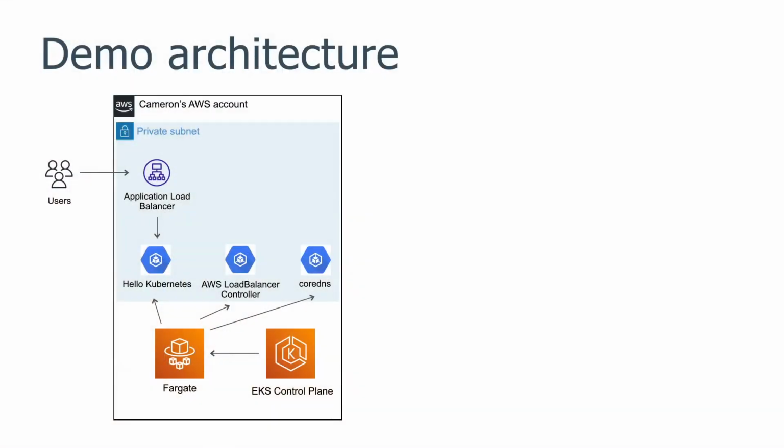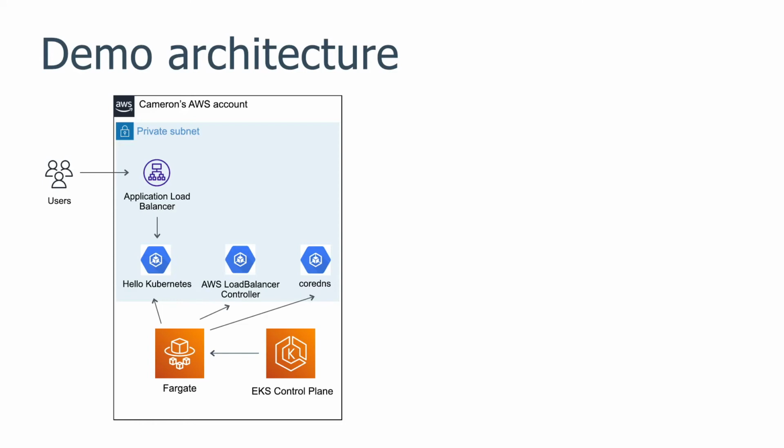Okay, so let's have a look at the demo architecture today. The first Git repo that we're going to be looking at today, which is the CDK one, deploys our EKS control plane, and configures the control plane to use Fargate workers, which are the serverless ones I spoke about previously. When we first deploy the cluster, we get 2 pods for CoreDNS, because you can't do much in Kubernetes without DNS. And we also spin up the AWS Load Balancer Controller.